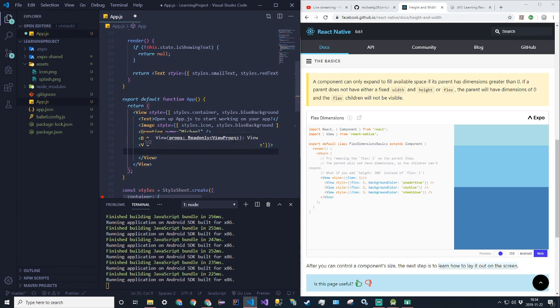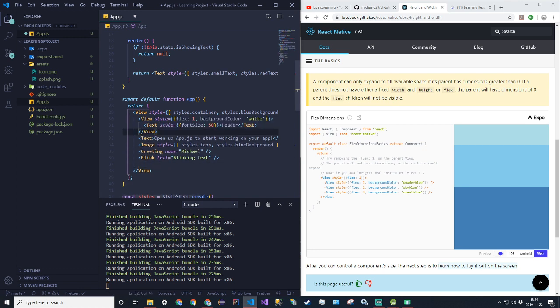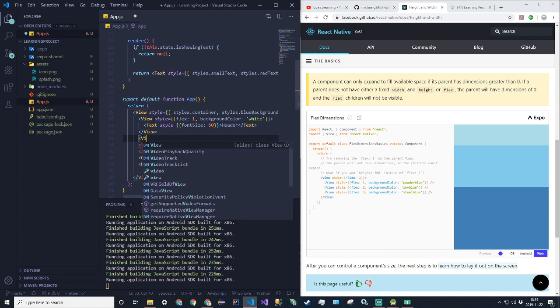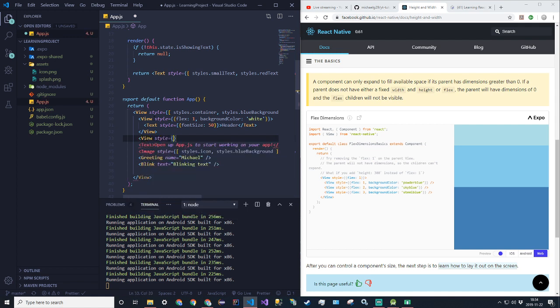I can just say text, and I'm going to make the font size, so style is equal to font size 50, and I'll just say header. And I'll just move this view up top here, and then I will make the other view, style is equal to flex 2 or 5, so it's going to be 5 times as tall, and then background color